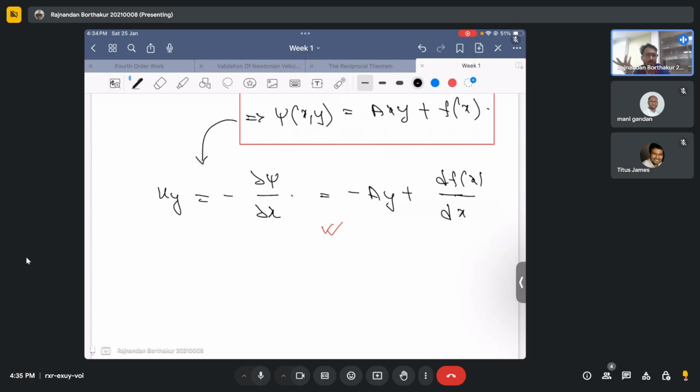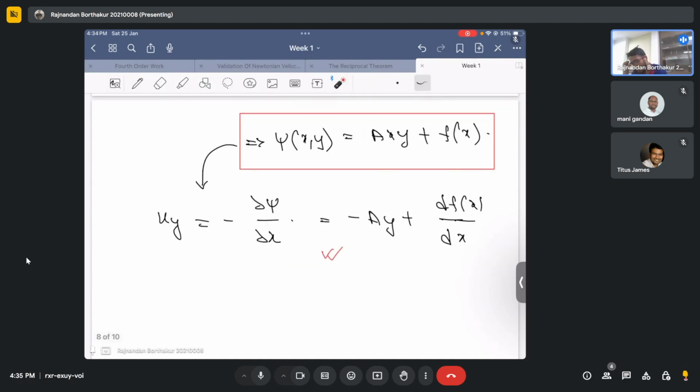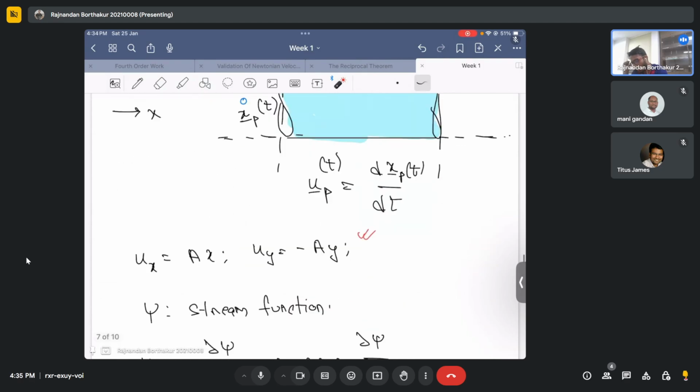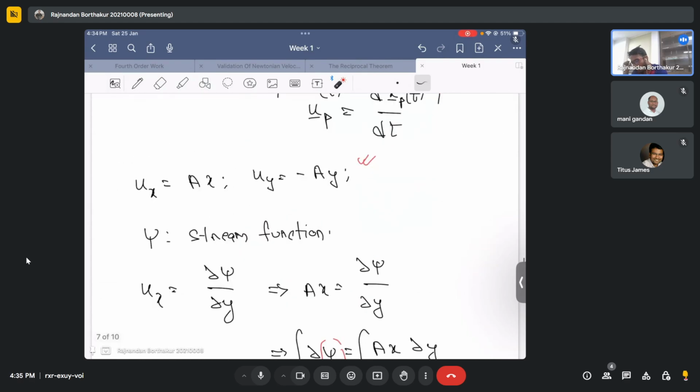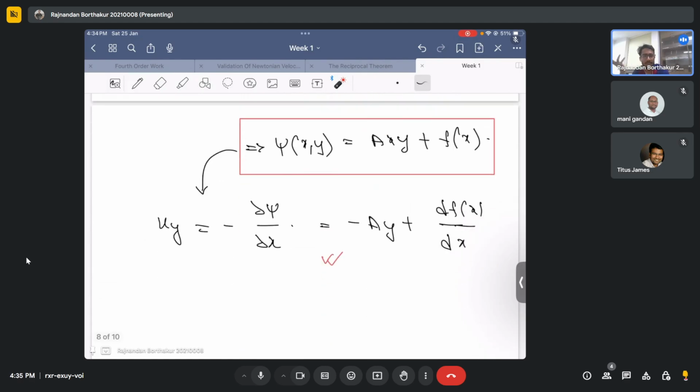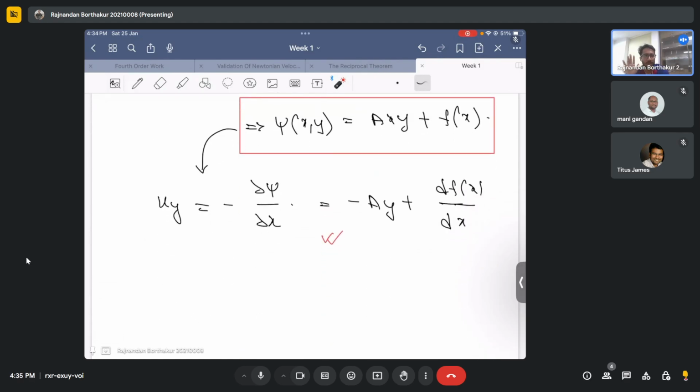I mean, it should be 0, right? It's a straightforward thing. It's just a comparison, right? From the question, we got u_i is this. So if we compare this, since u_i is just a fixed thing, it's just the y component of velocity, which means that this is basically 0. So by comparing,